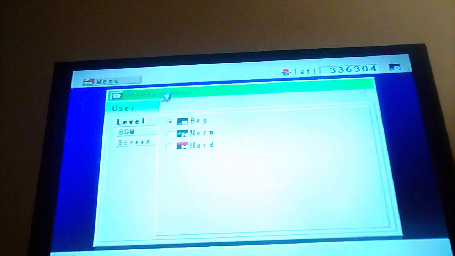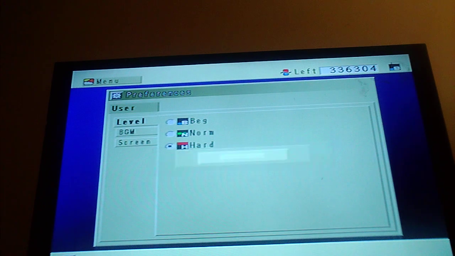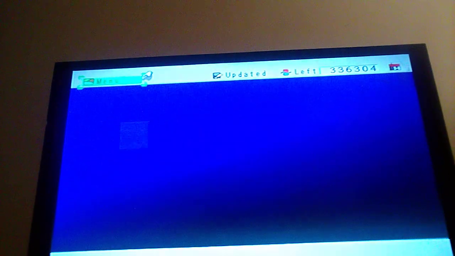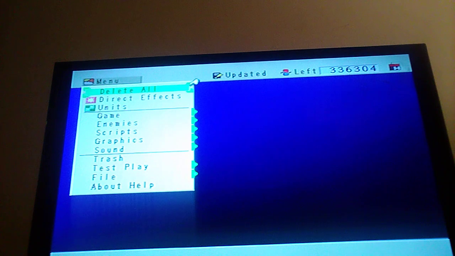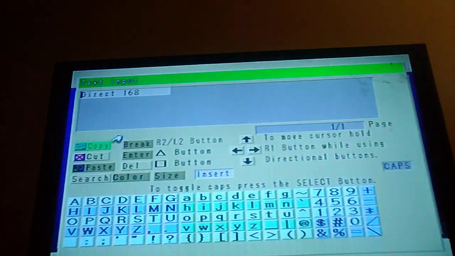Now I'm going to go to Preferences, User, Level, and Hard. This will let me edit all of that data. You could do this just by going to File and Preferences. This will be pretty quick. It'll just be 2 direct effects. First off, I'm going to go to Direct Effects, Create New Data, and call this